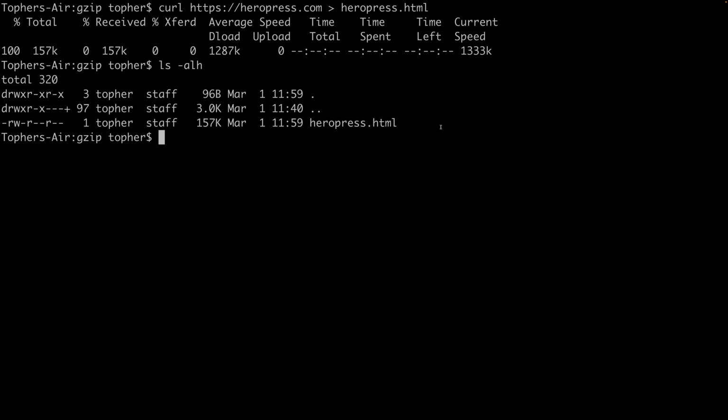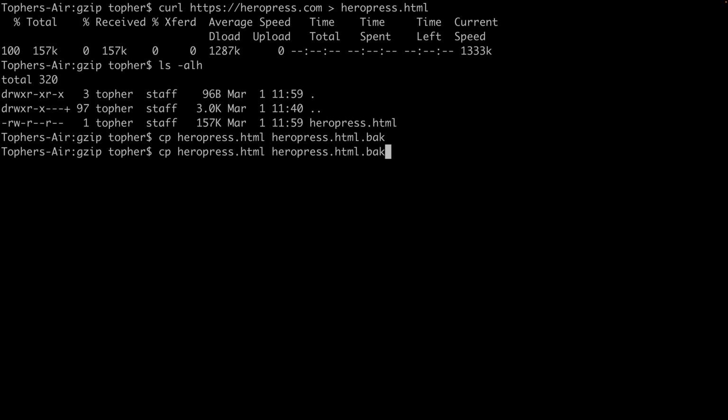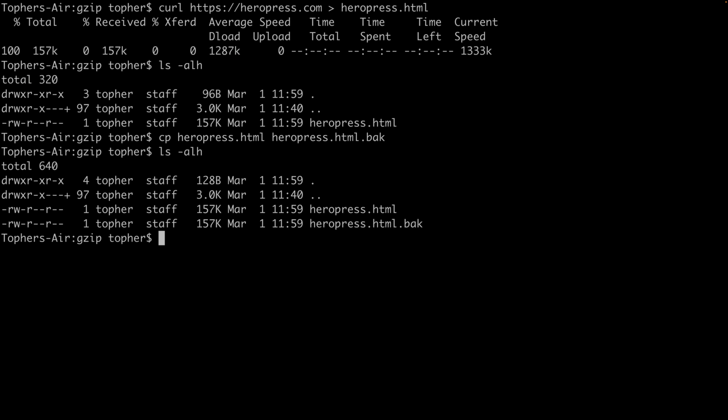So I'm going to make a copy of that. So there we have two of them, and they're both 157K. So now I'm going to gzip heropress.html.